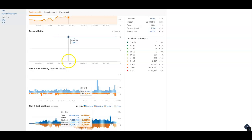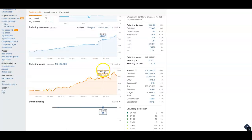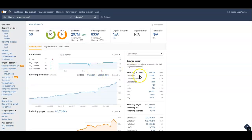So as you can see, they're constantly going out and getting more and more backlinks. Some of those may be coming in to them naturally, because after you get to a certain strength, your backlinks just start coming in naturally, because people start linking to you because you get that brand recognition. So one other thing I want to look at real quick